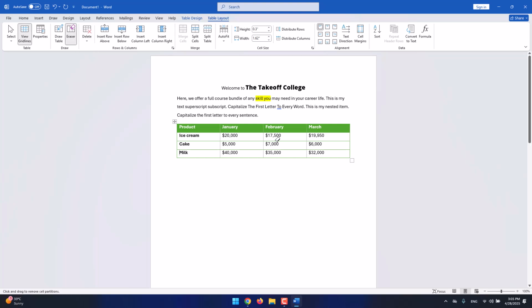We also have Erase, which will remove multiple lines for us if we need to. We also have Draw Table, which will work exactly like I just said. With the eraser, we can remove what we have added with Draw Table. Yes,